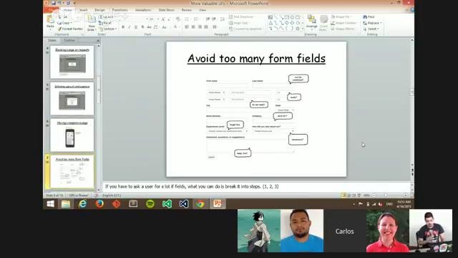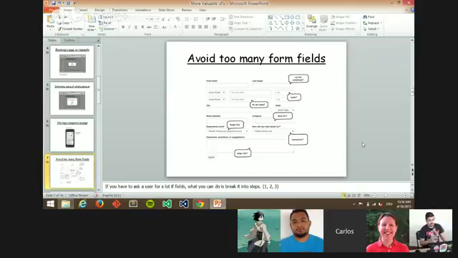Another thing we can do to improve the user interface is avoiding too many form fields. A lot of companies, in their contact information section, have a lot of irrelevant fields. They ask you for your home number, your cell phone, your beeper, all of this stuff that sometimes isn't necessary. And sometimes we can merge these fields, like first name and last name, into one single field. Or in the case that we do have to ask the user for a bunch of fields, for example if we're a hospital and they don't have all this detailed information on you,